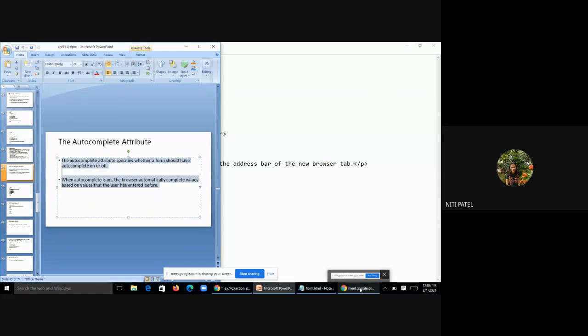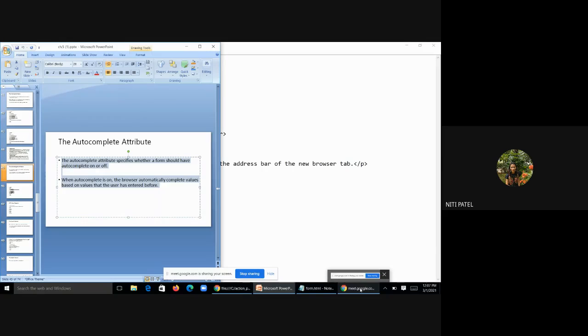Many a time it might have happened that when you take a quiz on a Google form, all teachers keep a common field, the enrollment number. If you are giving the quiz for the first time, you have to type the enrollment number. Next time, you don't have to type. You directly press F, and it shows F, C, O, G, whatever is there, or some other name starting with F. How is that coming? Because the autocomplete feature is on.